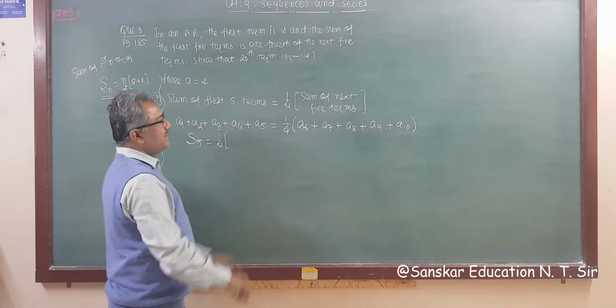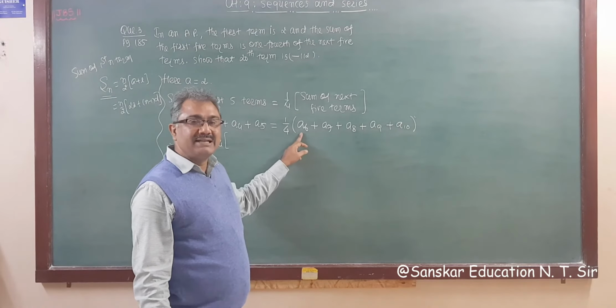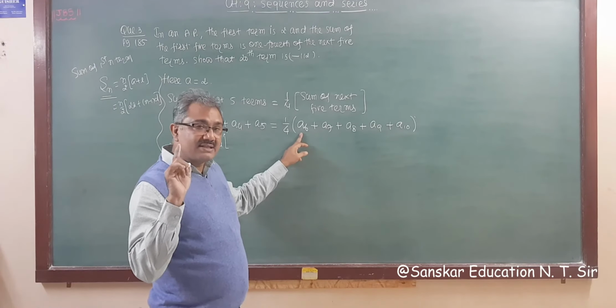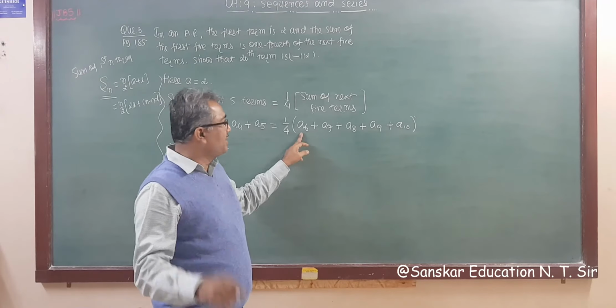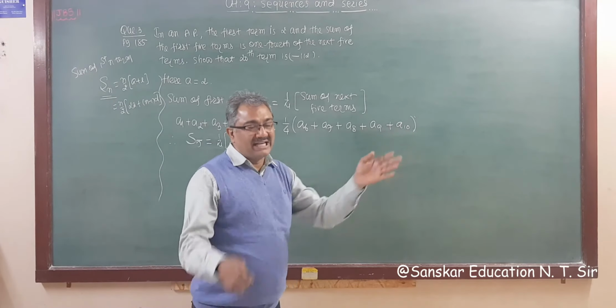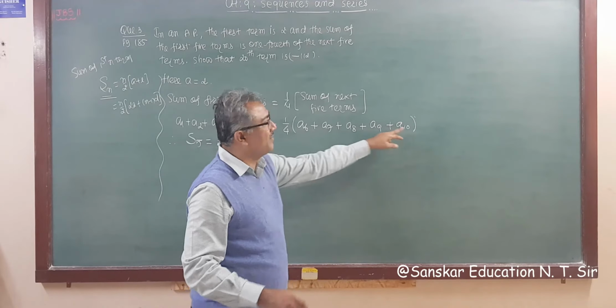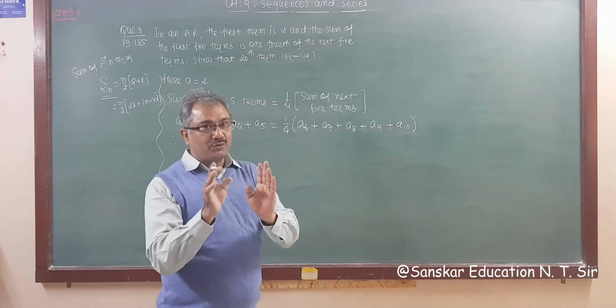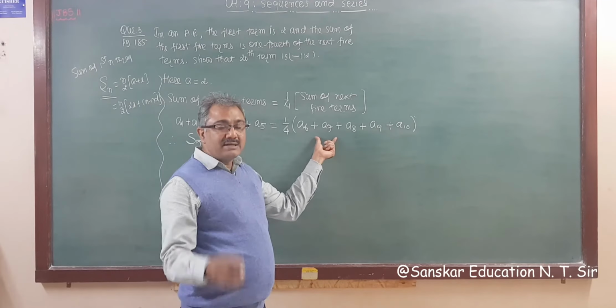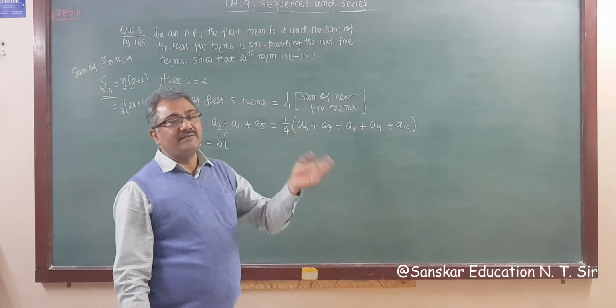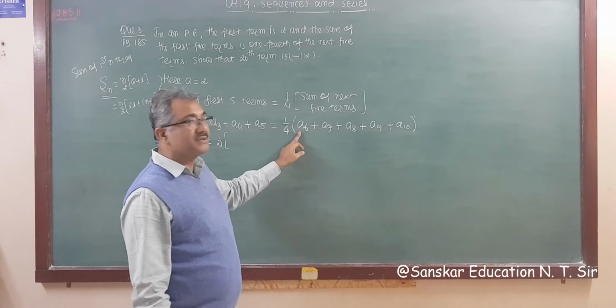Now this is not starting with the first term. It is starting from the 6th term. यह फर्स्ट से स्टार्ट नहीं हो रही है, तो क्या करना पड़ेगा? इसको हम S10 नहीं लिख सकते हैं, क्योंकि S10 का मतलब है sum of first 10 terms. It is not the sum of first 10 terms. So if we want to write this in sum notation, we require it starting with the first term. So here the missing terms are 1 to 5.